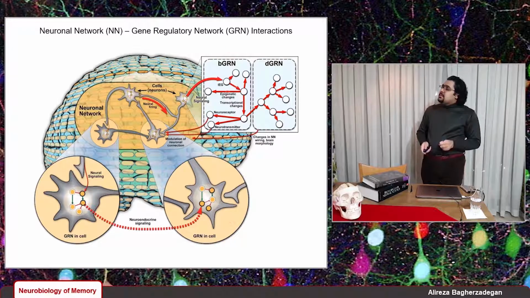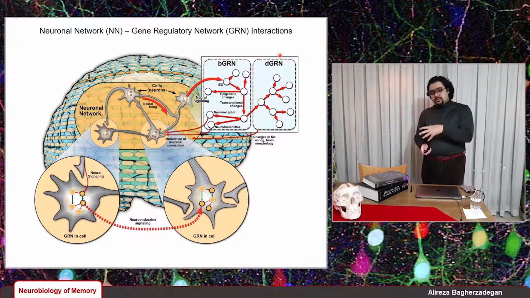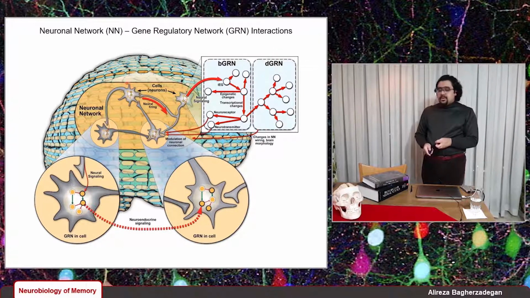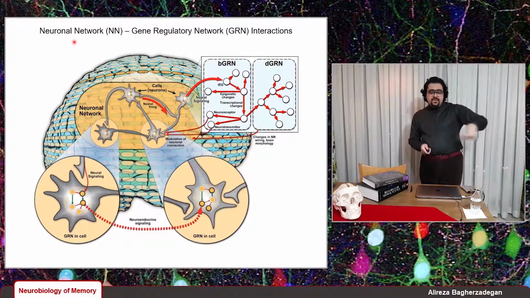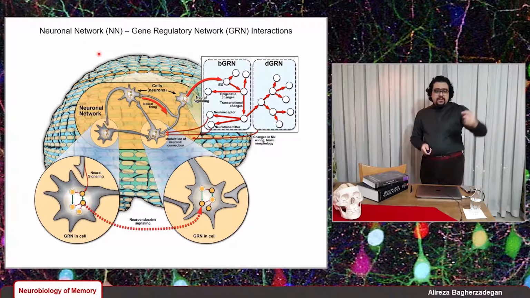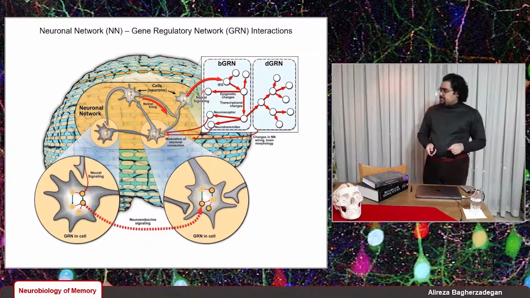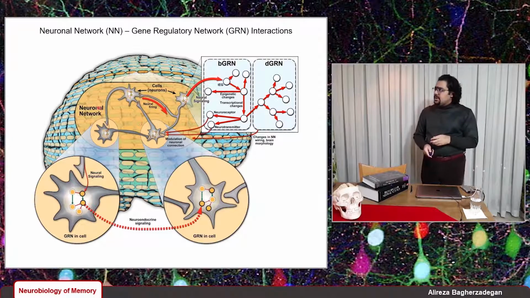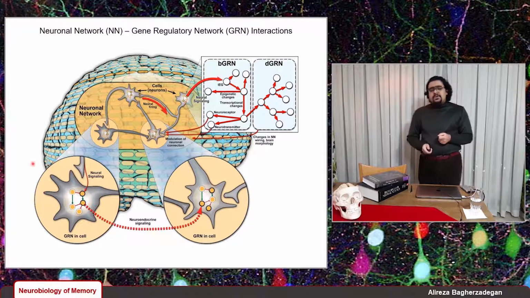And then the behavioral gene regulatory networks, and sometimes also the developmental gene regulatory networks, affect the neural network and feed back to the neural networks. So let me give you some examples. For instance,